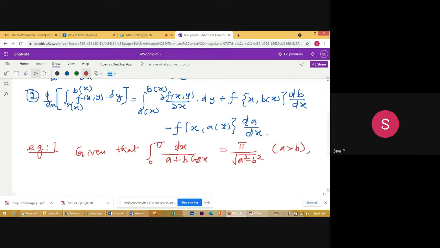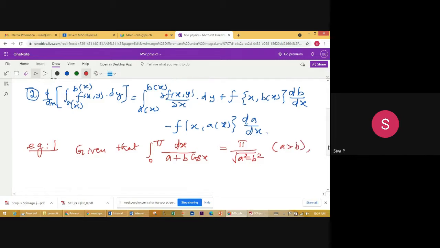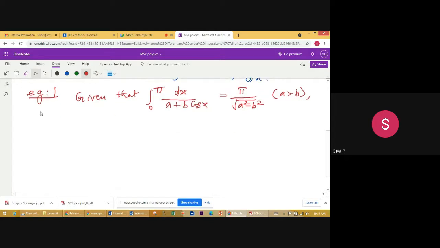Find the integral over 0 to pi of dx divided by a plus b cos x whole square,